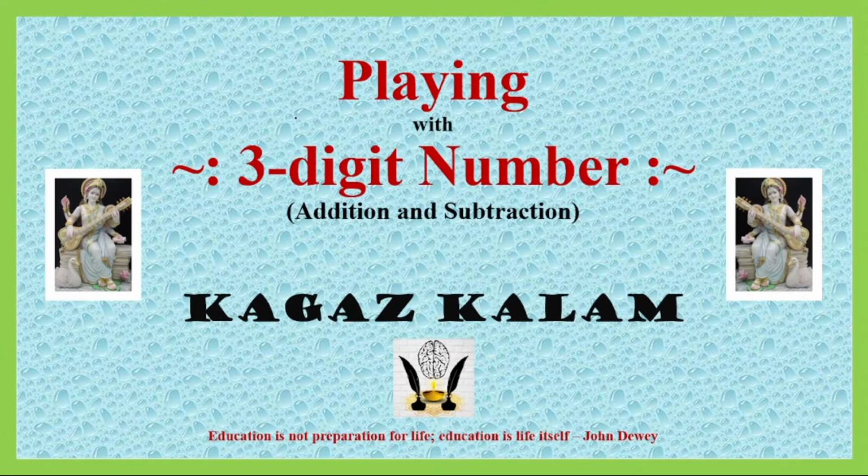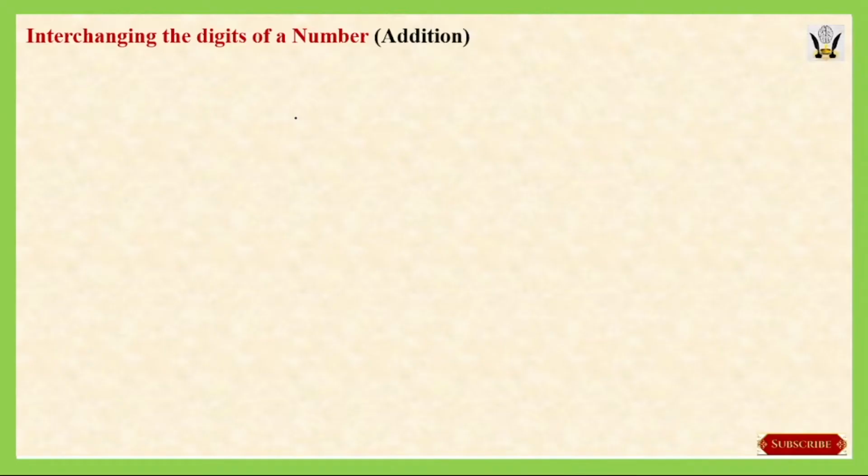First we will take a three-digit number, then we will interchange the positions of the digits, then we will add them, then subtract them, and then we will see how we can have the answer of addition or subtraction without performing the real addition and subtraction. So let's get started. Suppose we have a three-digit number, which we are representing here as A, B, C, where